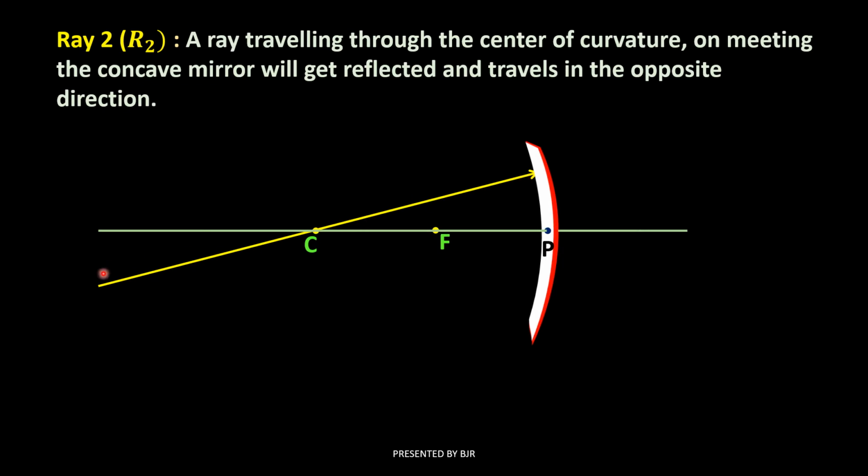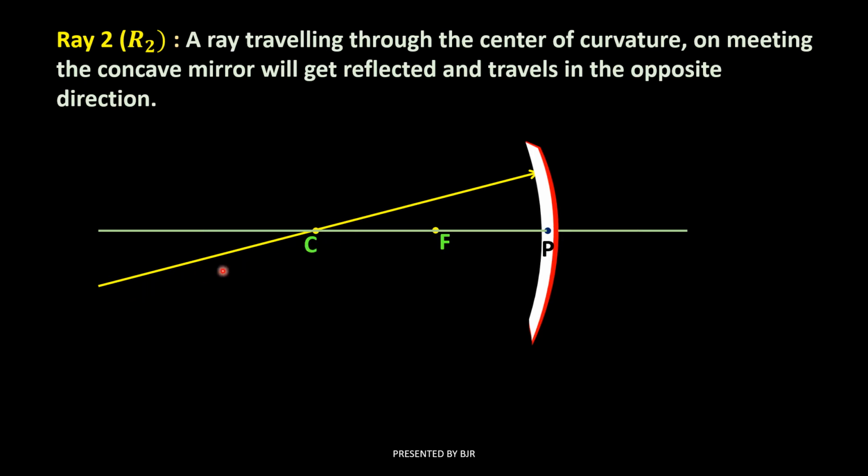See here, this ray is passing through the center of curvature and is incident at this point. So what we have to do? We have to draw the normal at this point. You know that the radius itself is called the normal. That means here is the normal. If you join the point of incidence and C like this, this is the normal. That means the incident ray is